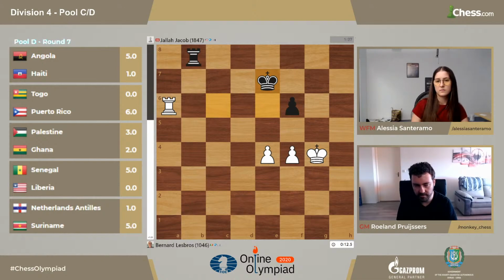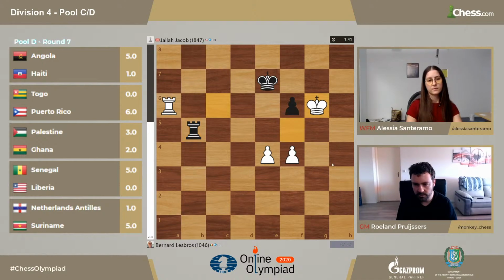Now king f5 is looking a bit promising. I'm not sure if it's the winning, but it looks quite dangerous. Yeah, rook b4, because rook b5, rook b4. Yeah, king g6. King g6, rook b4. Yeah, rook a7. King e6. Maybe f. Yeah, and then king takes f6, and then we've got